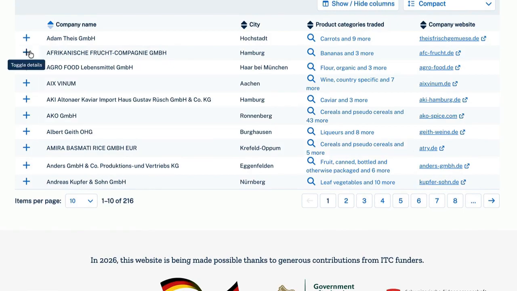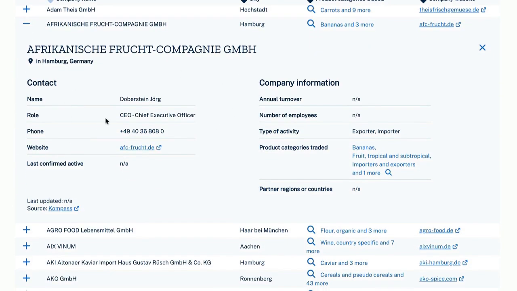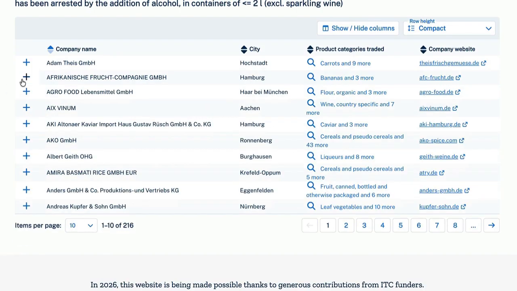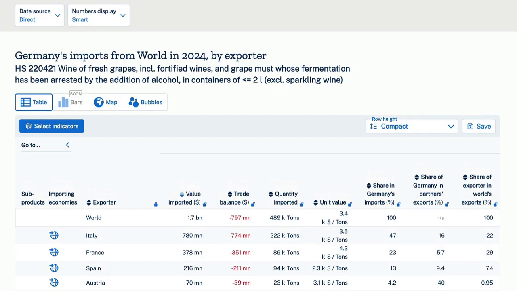And if you click the plus sign on the left, the company's profile appears. I'll tell you why later. It's interesting that the link appears on the right. Well, that's it. This is the basics. Going back to the table where we found results, in Trade Map, the new version allows us